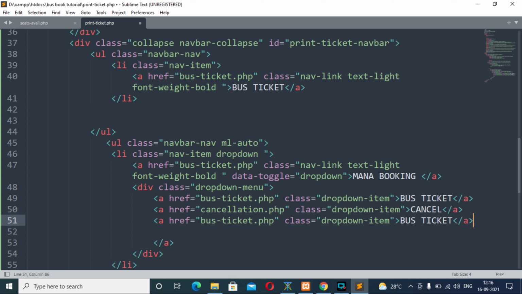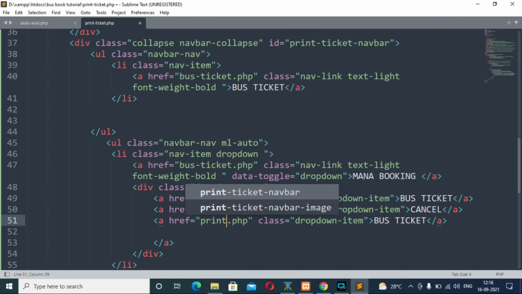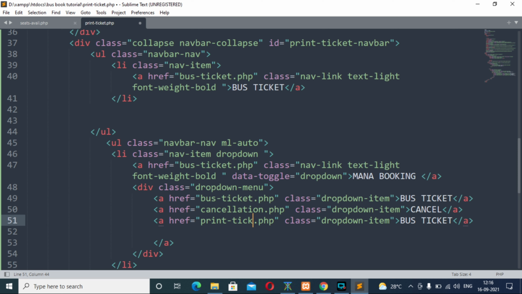And copy it another time, and here the value of the href attribute will be print ticket.php, and change the content to print ticket.